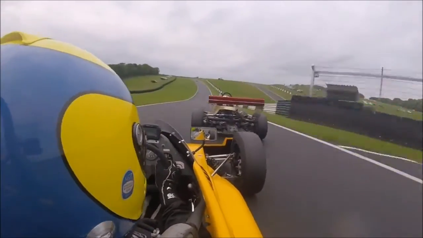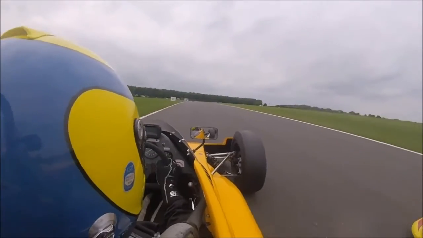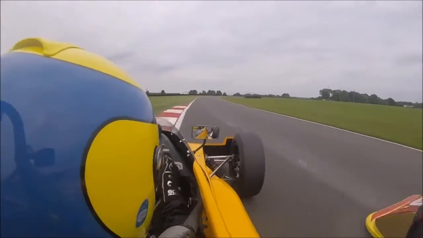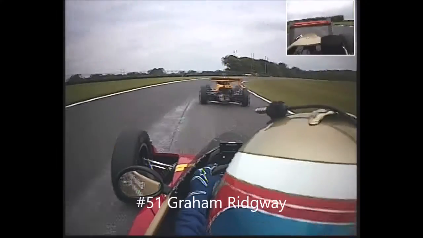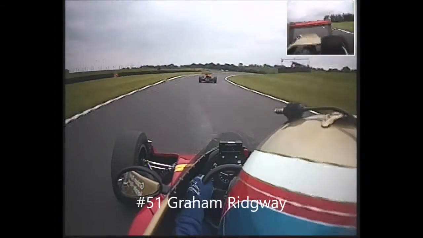He's again in the slipstream, heading down towards Park Corner. He slots out of the slipstream. He pulls up alongside, the two cars are level. Sims is ahead, but Ridgway still sneaking there on the inside, heading into Park Corner. But Sims has to run on the outside there, and he does go ahead of Graham Ridgway, who goes down to 4th place now. Sims immediately pulling away